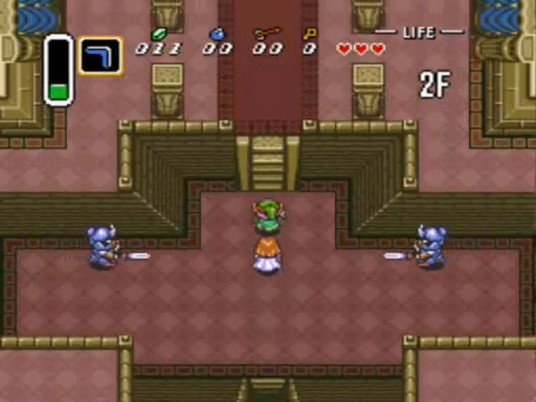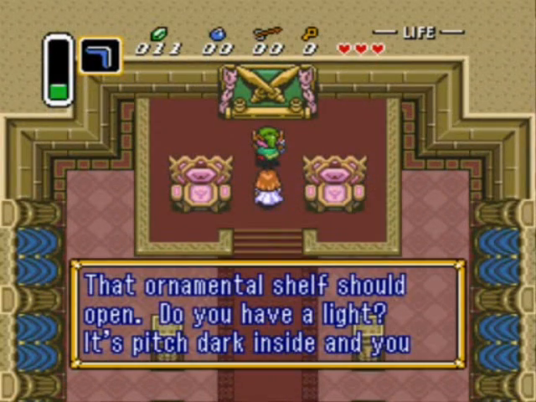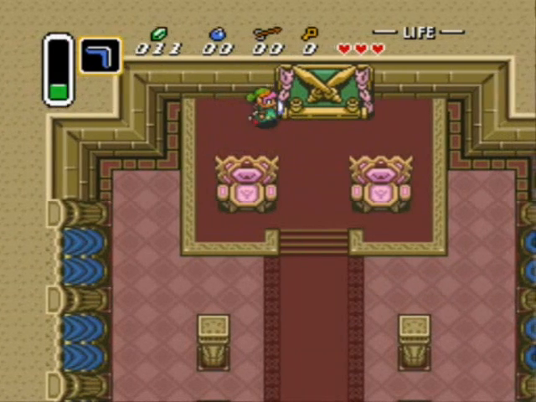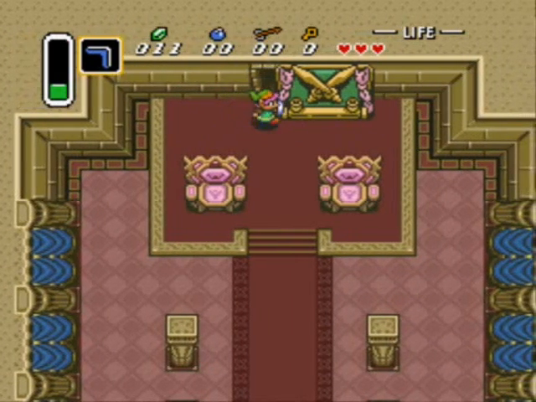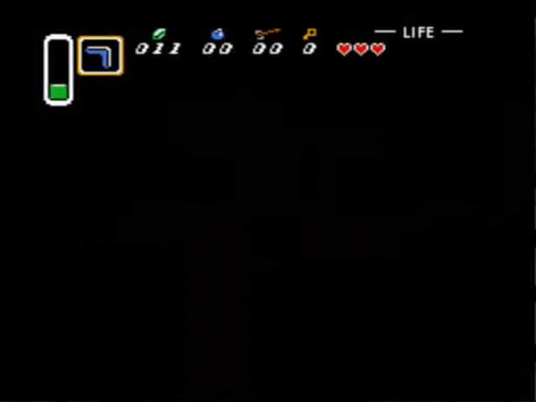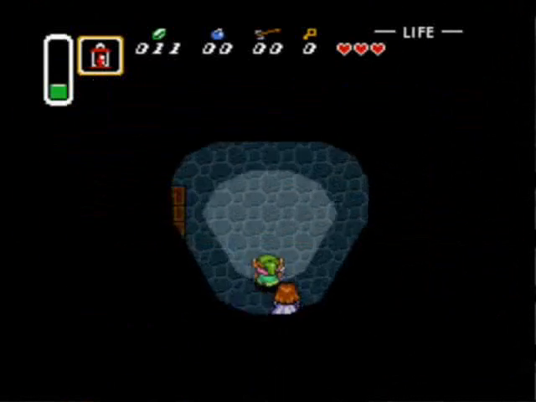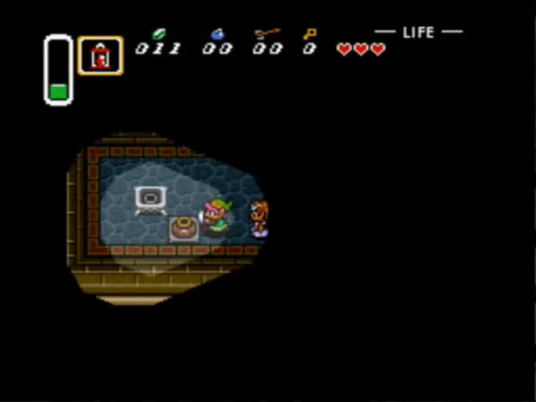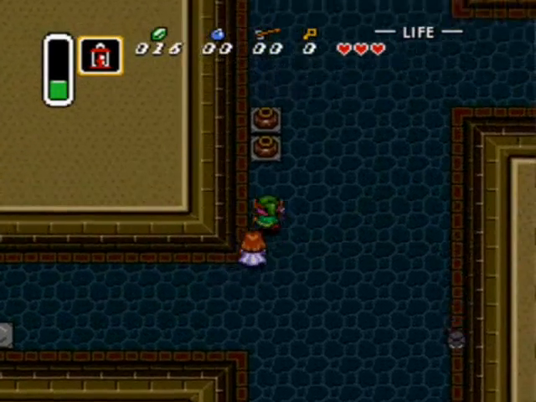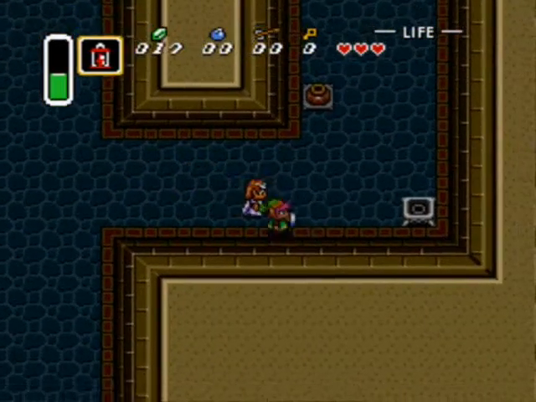Anyway, there's a couple of guards in here, and you can just run right past them. And there's the throne room. And we help Zelda push it from the left towards the right, and it'll open up the secret passage. Okay, let's equip the torch or the lamp. Now I believe that's a bit better. Yeah. Those rats seem to give off quite a bit of rupees sometimes, but...